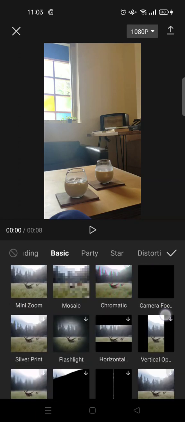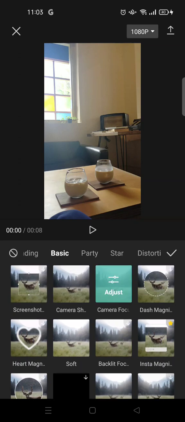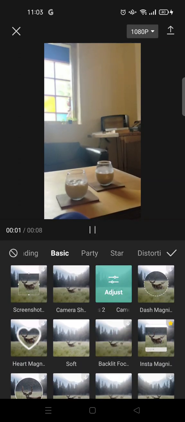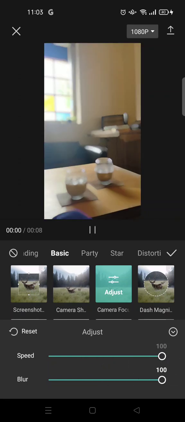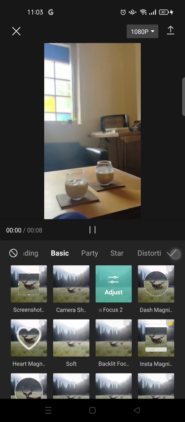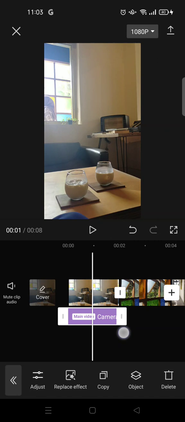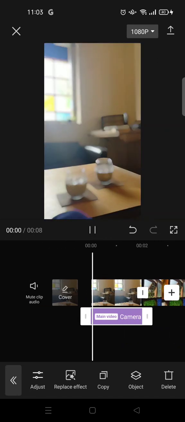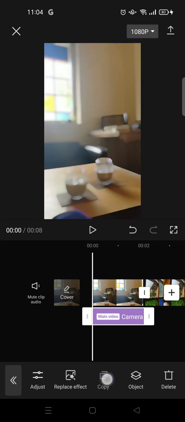The camera focus, okay, this one, and adjust the effect, adjust the speed and blur into 100, and go back, click on the check icon, and here just crop it like this so that your video will look like this, and copy the effects